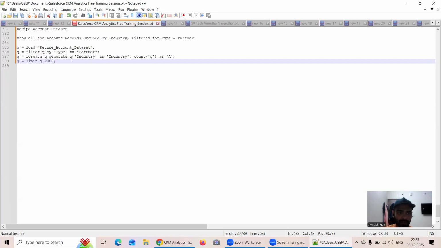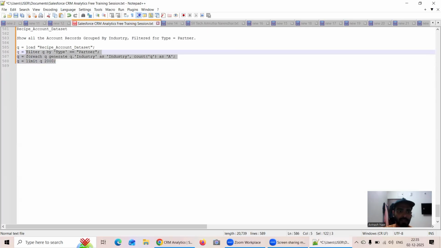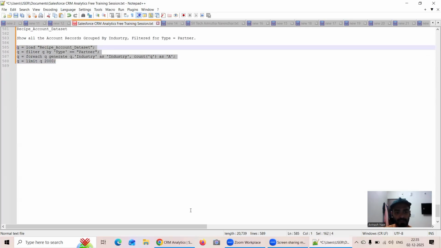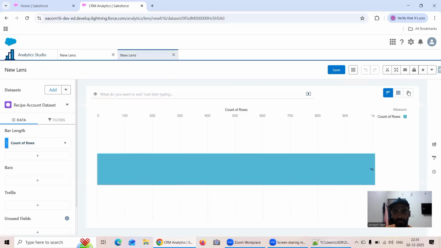Q equal to foreach q generate q.industry as industry, count of q as a, and finally this limit. Okay, now let's see if this works out or not. So I will go to this SAQL mode